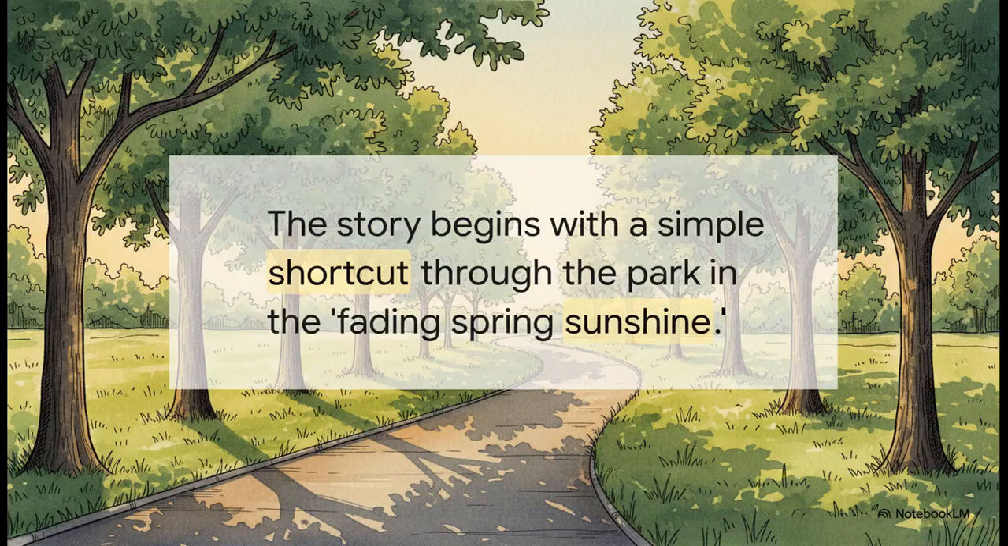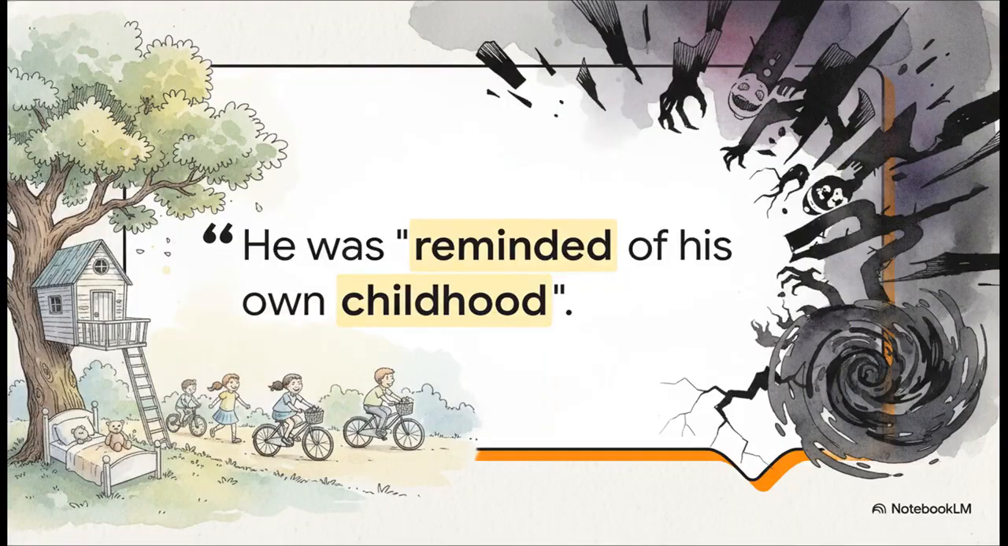begins. The story opens up with imagery that's meant to be comforting and familiar. A simple shortcut, a park, that soft light of fading spring sunshine. The whole scene is basically designed to put the character and us completely at ease. Okay, this is a really crucial detail. It grounds us in how the main character, Derek, is feeling. He's not just walking through, he's connecting with the scene, feeling nostalgic. And that connection to his safe, happy past makes us lower our guard, which makes what's coming next so